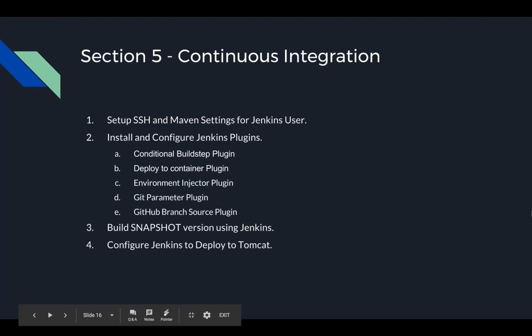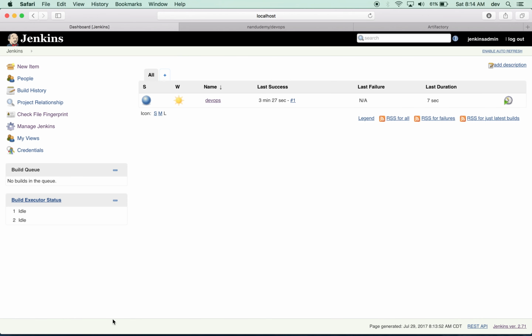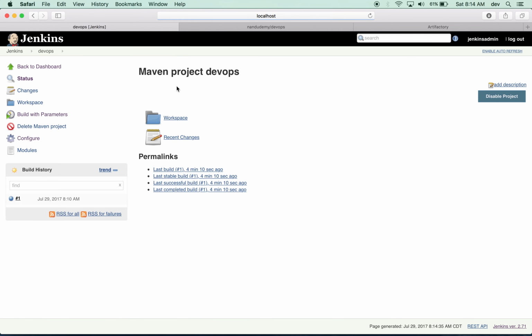We have the basic job set up to be able to check out from Git and do a build locally. Let's look into some advanced configuration. In this section, we'll look at the configuration to actually check out from a branch and be able to talk to Artifactory. So let's head over to the Jenkins job, click on Devops, click on the configure section,